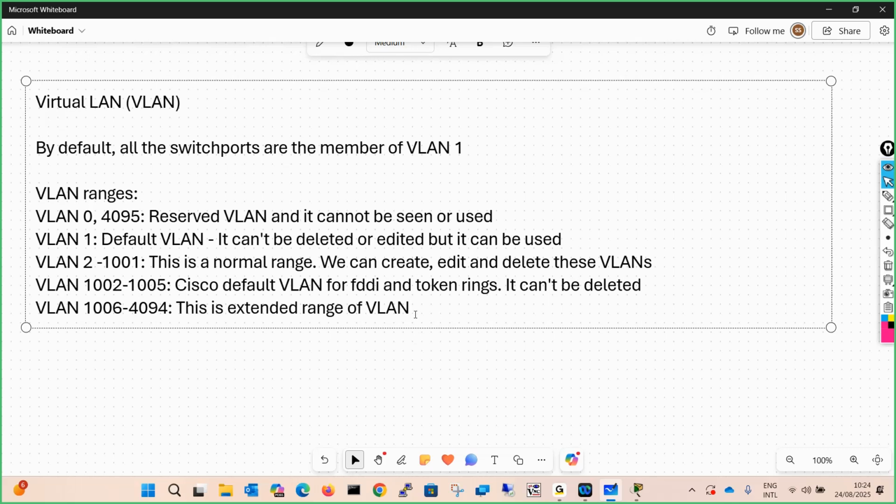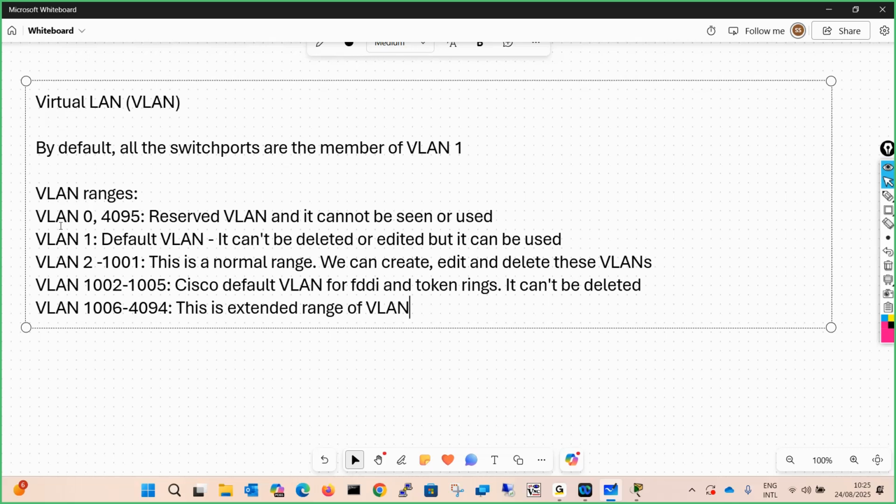There is a concept called SVI and all. At that time, we will understand what the extended range of VLAN is, why it is required, and how it works. But just for now, remember that if you want to break a broadcast domain, you have to create a VLAN, and VLANs are created using VLAN IDs. You have to define IDs to create a VLAN because the switch identifies a VLAN ID.